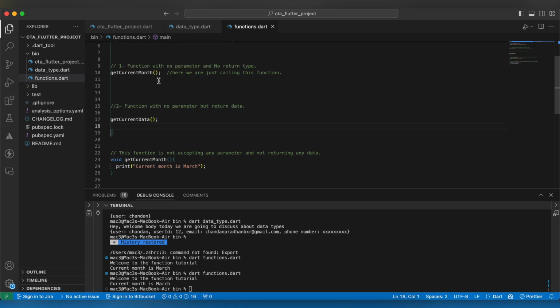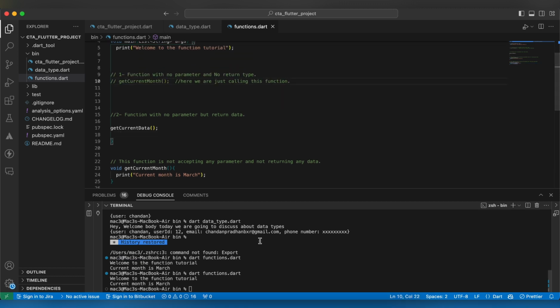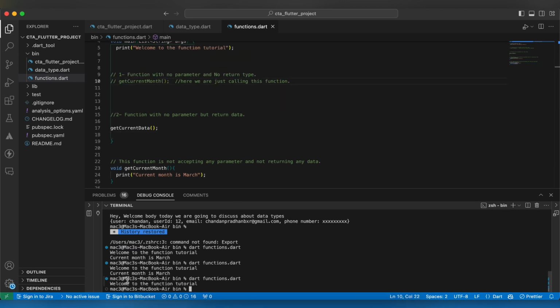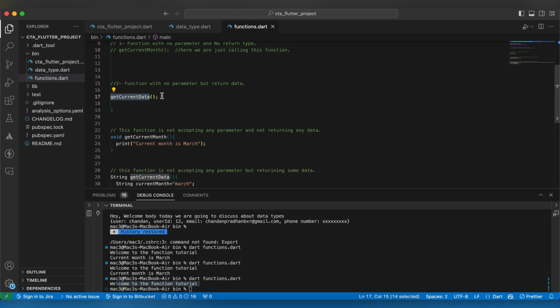Okay, just comment it out for now and let's see what happened. See, this is not printing anything about this function. So for this you have to use a variable. We have to hold the return data in a variable. Let's suppose this is returning a string, and we can create